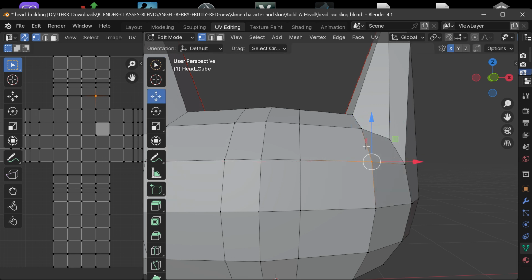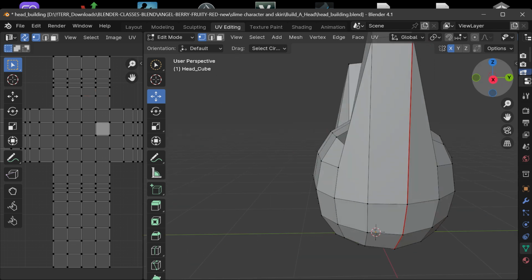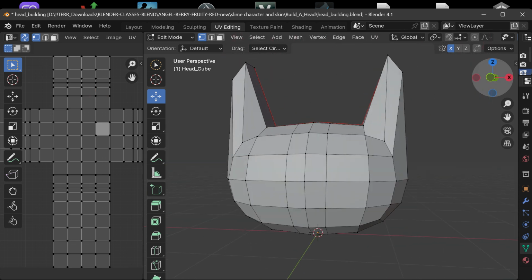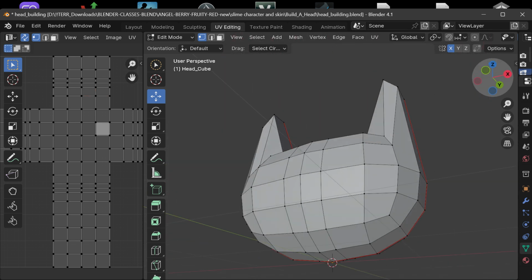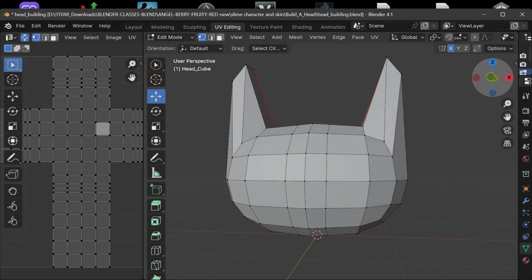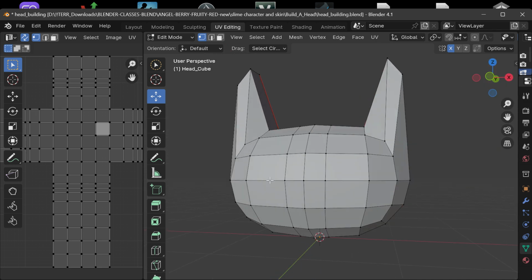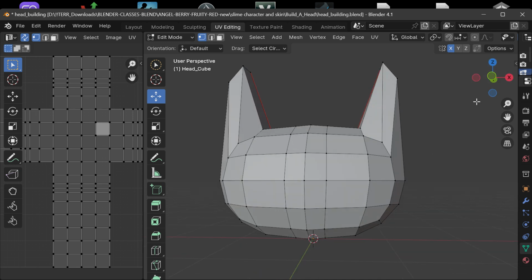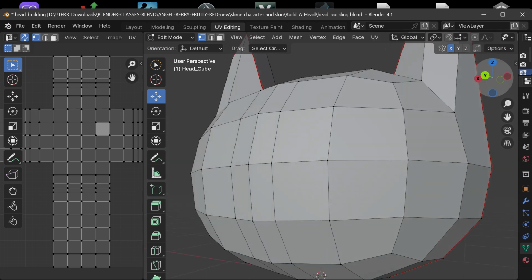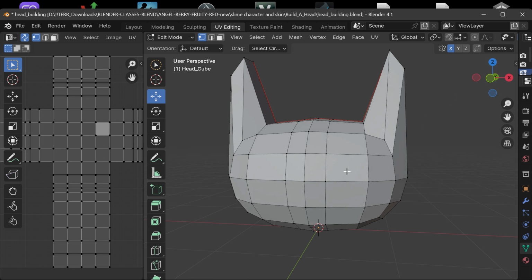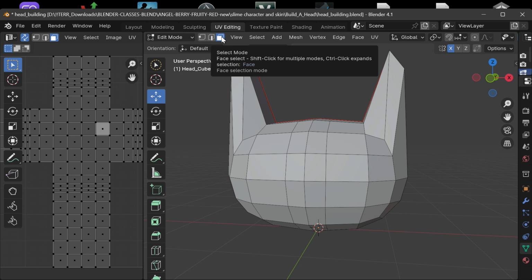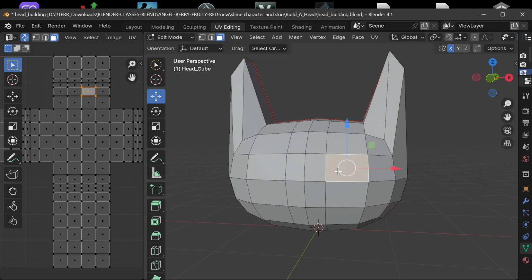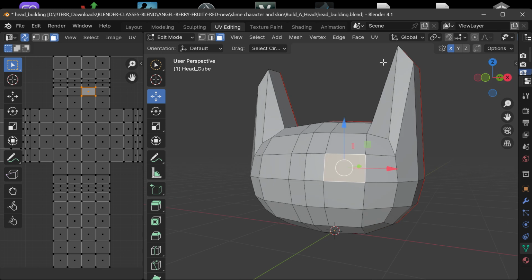Yeah. Cool, cool, cool. Okay, so I made those 2 cuts, and now I just want to add some eyes, some little eye sockets, because we're going to paint the eyes, and we're just going to add a little mouth, and then we're going to start painting. So I'll get back on the faces, and I'll select the face, and what I'll do is I'll hit E